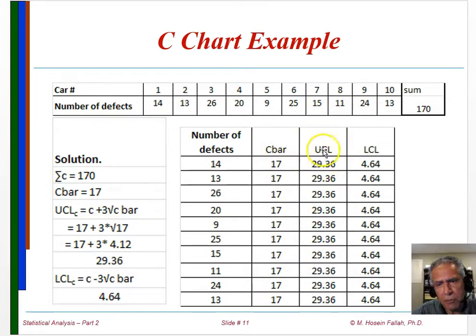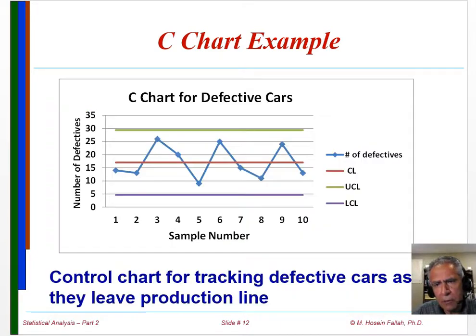And this is my C bar, this is the upper control limit, this is the lower control limit, and so now I can plot the control chart. This is for defective cars as they come in. We don't care how many defects it has, but as long as it has one defect on it, it's a defective car. And so as we plot, we can see the number of defects per unit,